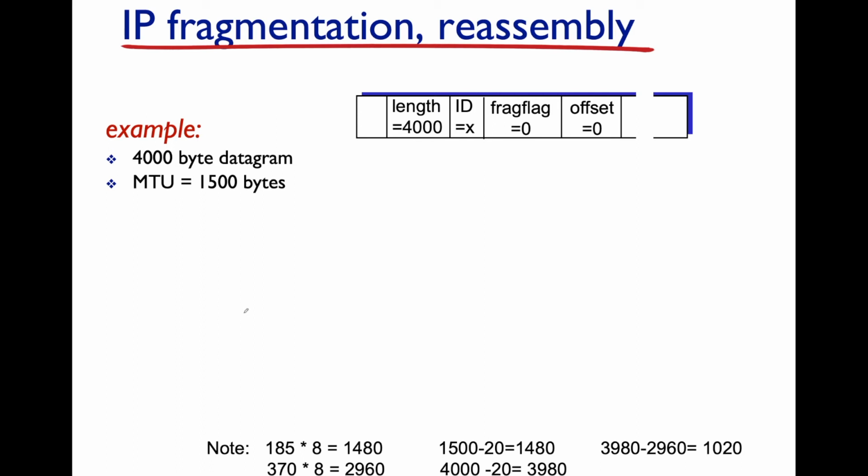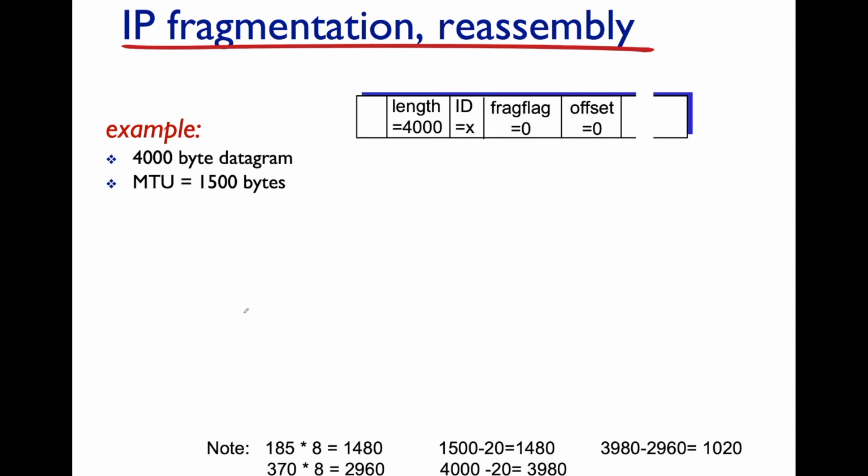So you start out, and the length field in the IP header is going to be 4,000, and you have an identifier, let's call that X, and the fragmentation flag is going to be 0, and the offset is also going to be 0. The reason the offset is 0 is that the first fragment's payload is placed at offset 0